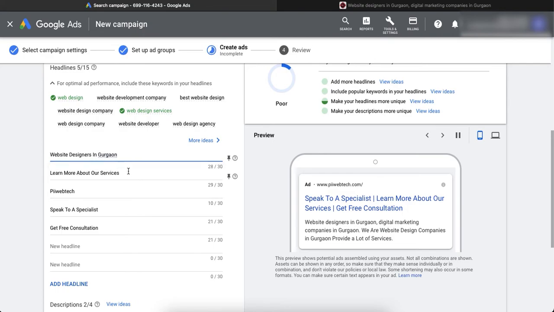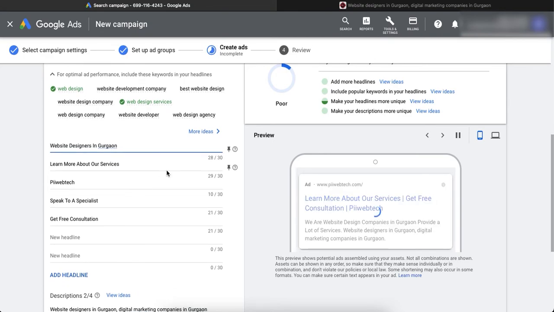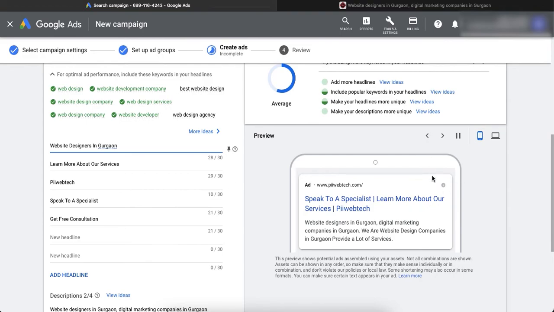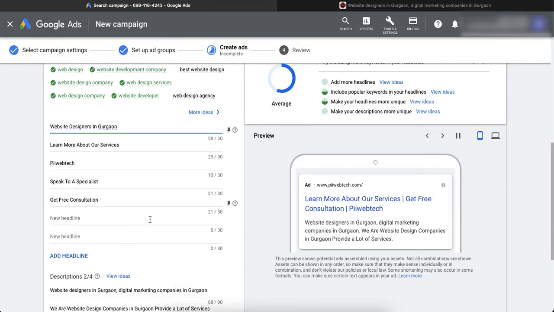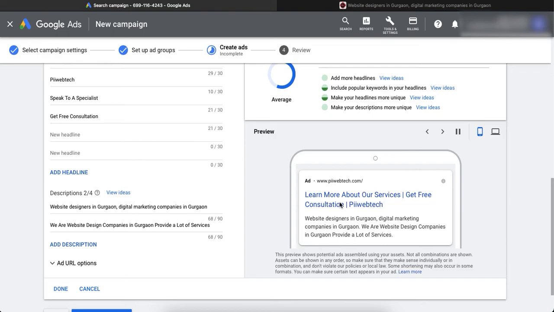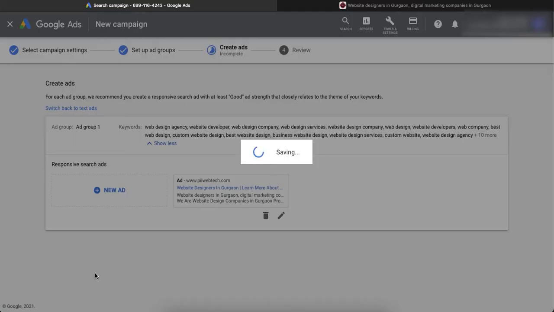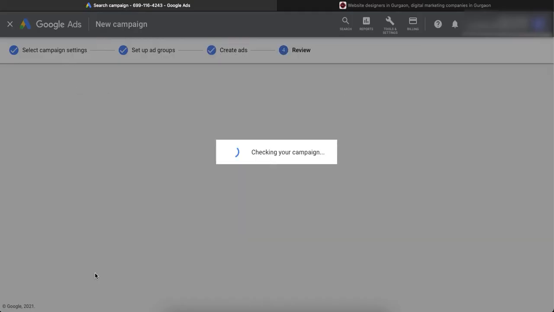This is how your ad is going to look. It's like a preview. You can preview your ad here and you can be as creative as you want. Once you are done, you can click on save and continue.